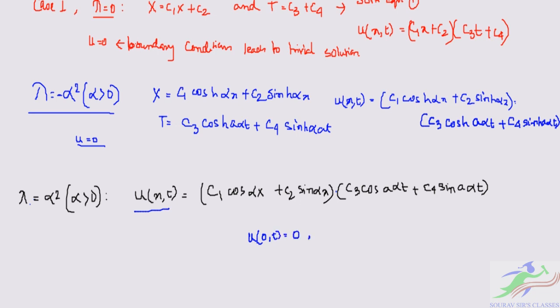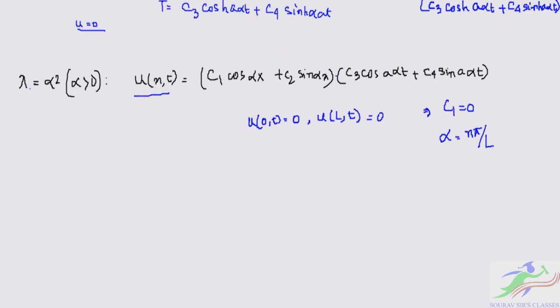Now if we use the boundary conditions, that is u of 0,t equal to 0 and u of l,t equal to 0, then it will lead to the solution c1 equal to 0 and alpha equal to n pi by l. Therefore the solution to this equation 1 can be written as, after applying the superposition principle,